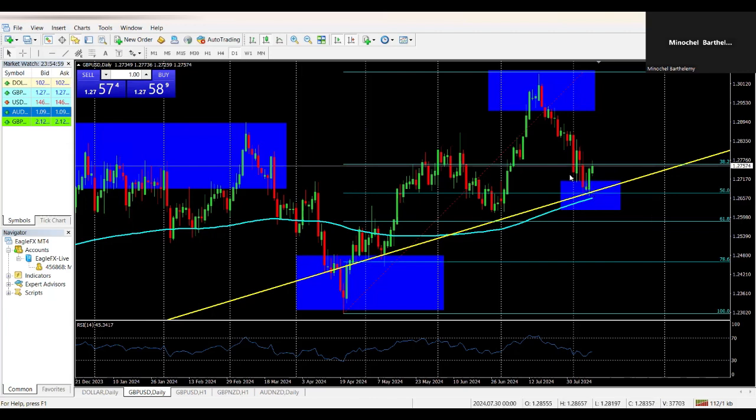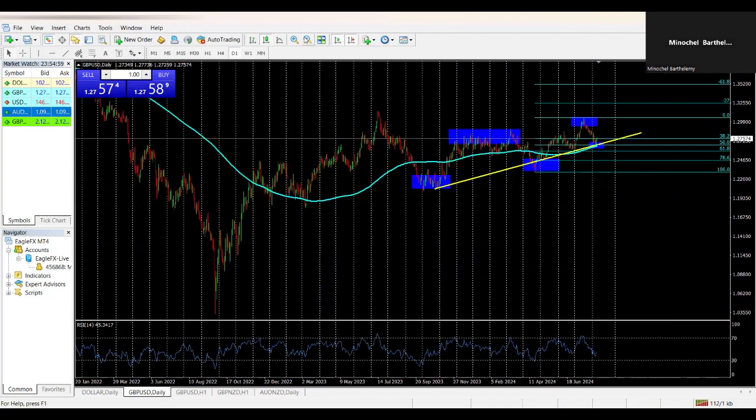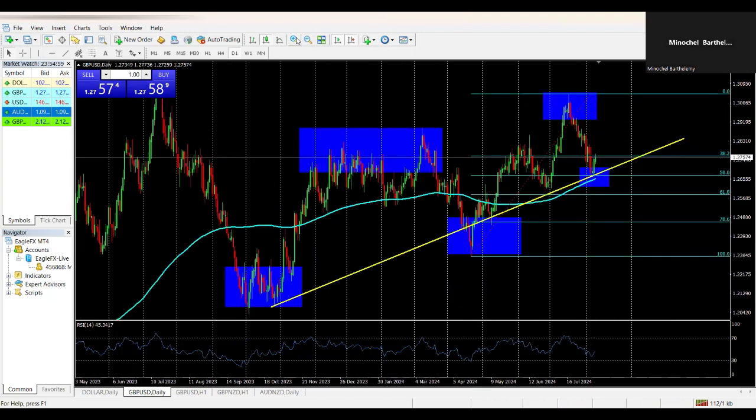We placed it at I believe it was the 1.27200 area, and now we're currently up 45 pips. We're going to ride it all the way up for like 255 pips, I believe, right? When I tell you guys, this strategy works so well because you'll be following the trend, you'll be following structures, and all you have to do is be patient for the market to create the next structure for you to